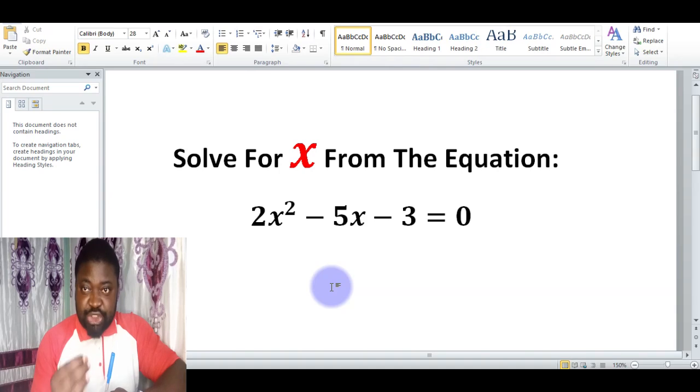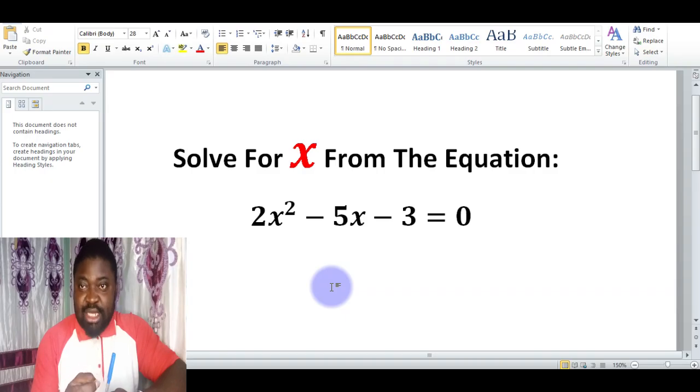Looking at this expression, I want us to look for the values of x in the expression 2x squared minus 5x minus 3 is equal to 0. Solving this is very easy, and a good choice is to use the quadratic formula, which is x equal to minus b plus or minus the square root of b squared minus 4ac